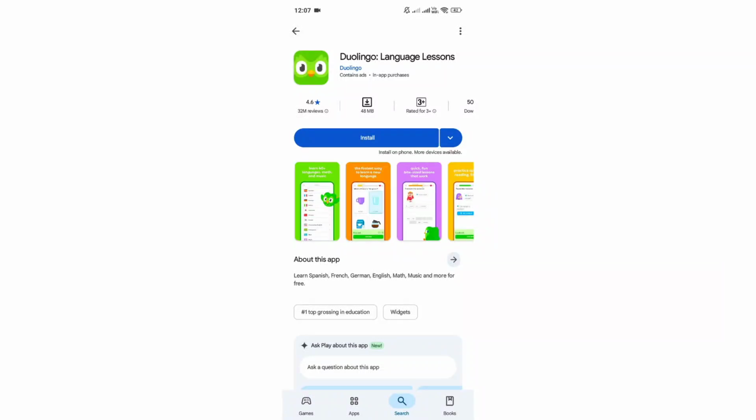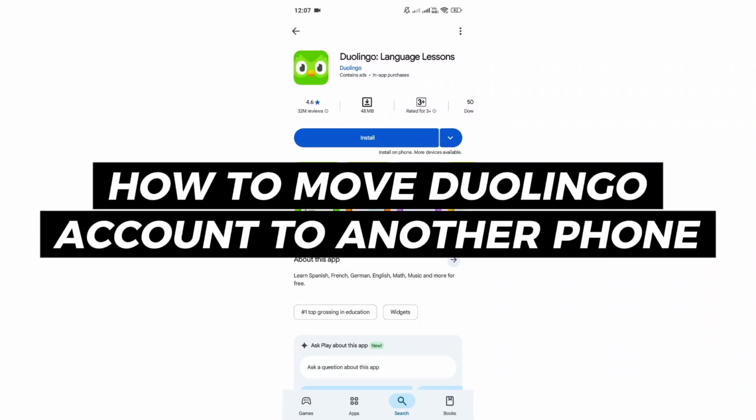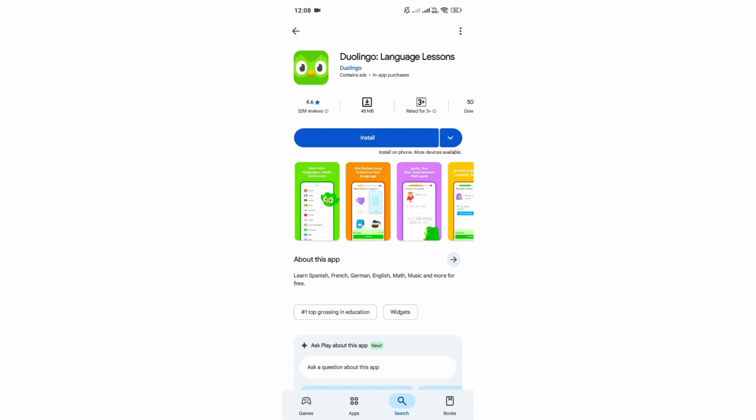In this video, I will show you how to move a Duolingo account to another phone. To get started, the first thing that you will need to do is to go ahead and open the Duolingo